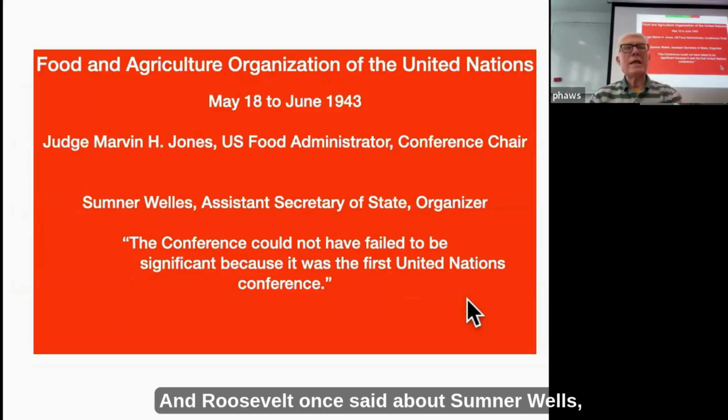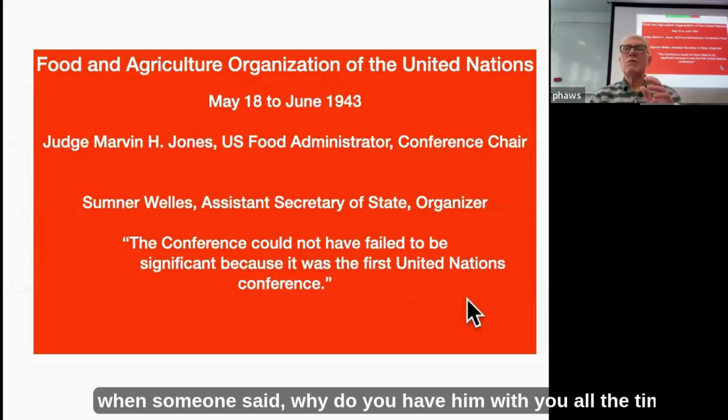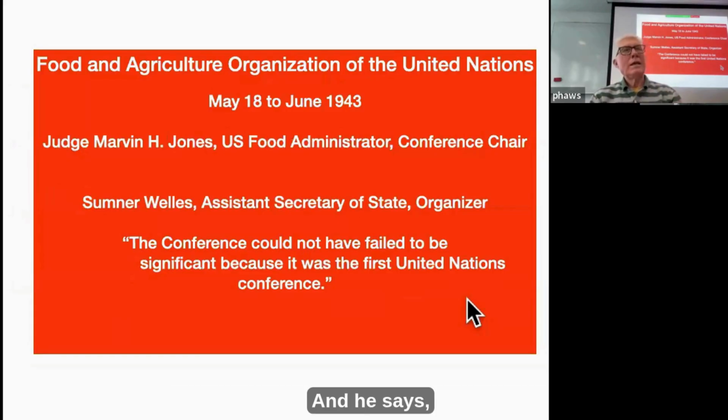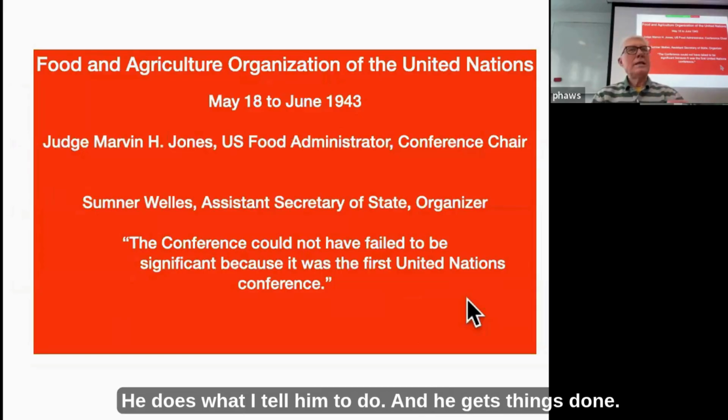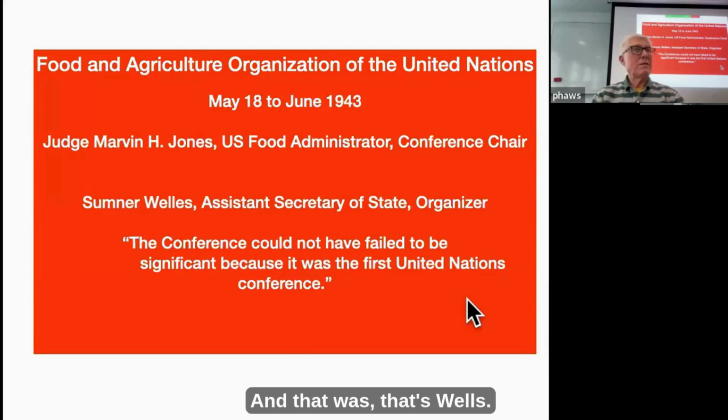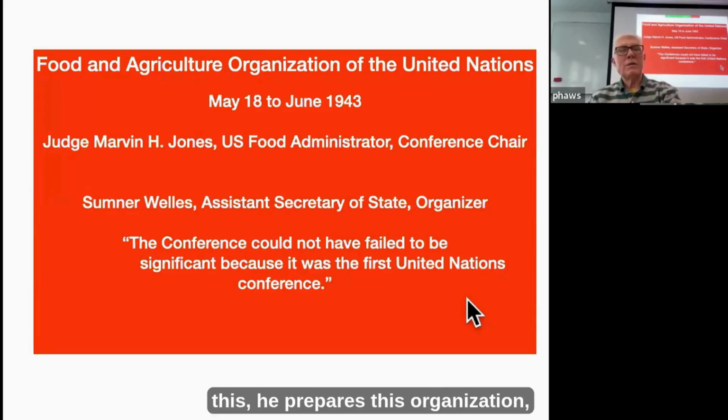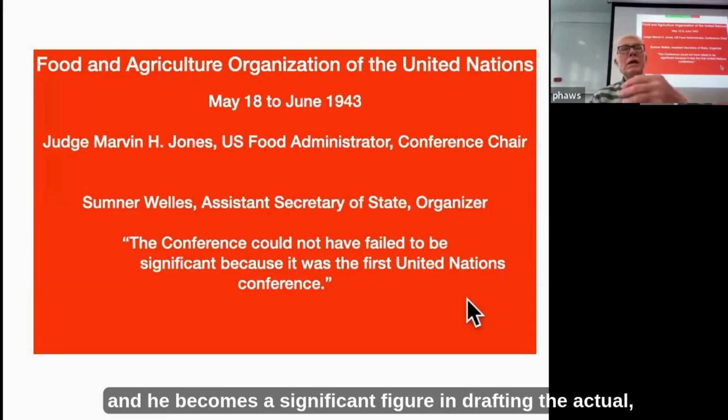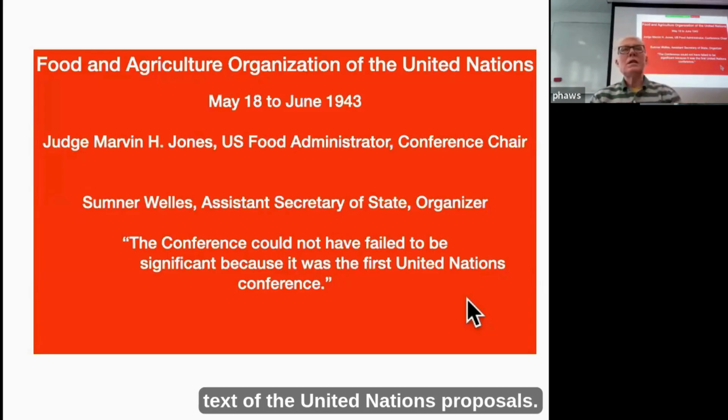And Roosevelt once said about Sumner Welles, when someone said, "Why do you have him with you all the time?" he says, "Because I like him. He does what I tell him to do, and he gets things done." And Welles helps write the Atlantic Charter. He prepares this organization, and he becomes a significant figure in drafting the actual text of the United